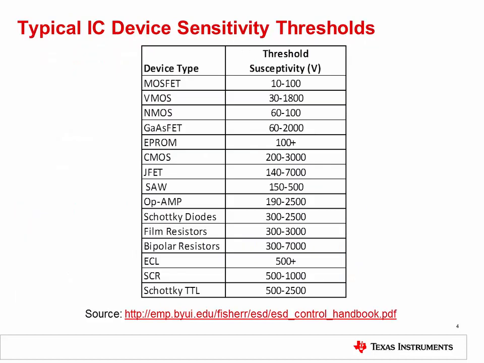Different device types are susceptible to different levels of ESD voltage. Some devices, such as MOSFETs, are susceptible at very low voltages. We will see later that ESD protection circuits are used inside most semiconductor devices to enhance ESD robustness. The ESD robustness of a MOSFET can be improved from only 10 volts to thousands of volts with additional ESD protection.